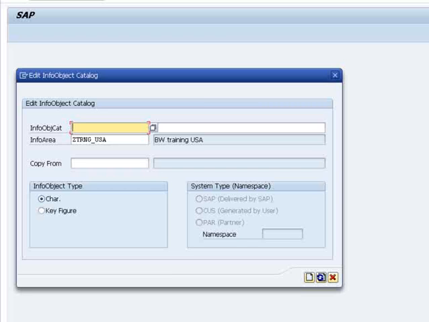create a characteristics catalog or a key figures catalog, because they differentiate. A characteristic catalog is used to organize and create characteristics only, and key figure catalogs are used to organize and create key figure info objects only.